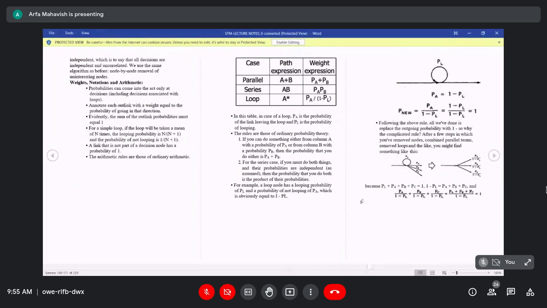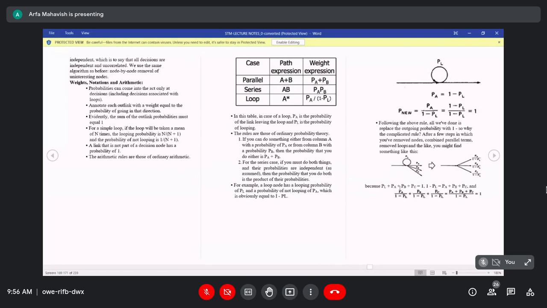Look here, we have the loops, and here the path is going on. What we do is reduce this loop, or self-loop, and then give the terms as PA by 1 minus PL, PB by 1 minus PL, PC by 1 minus PL.